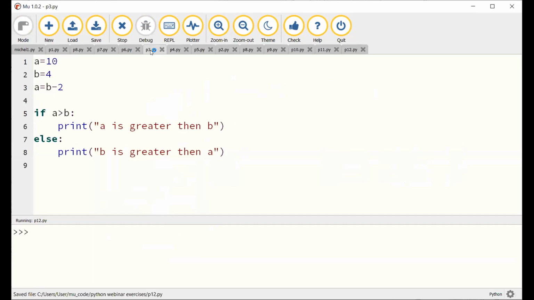So if I choose, for example, this program, which is one of the programs I showed you before, A equal 10, B equal 4, A equal B minus 2, and I'm testing if A equal B, look here, when I click on stop and then run, the result will be displayed directly on the screen. Of course, there are advanced features, but we will not discuss them right now, such as creating a pop-up window where text will be displayed. Okay, so